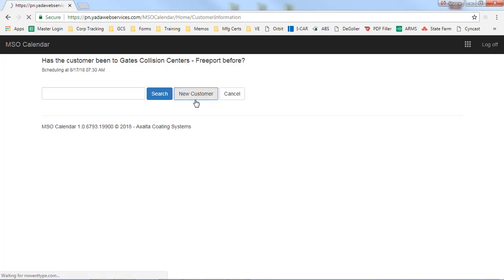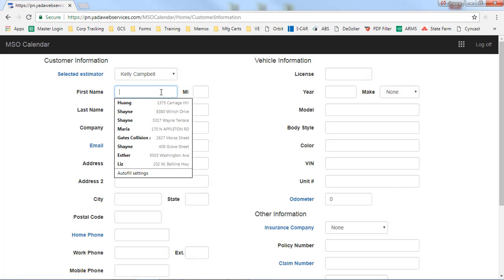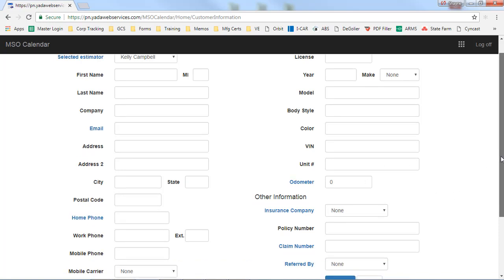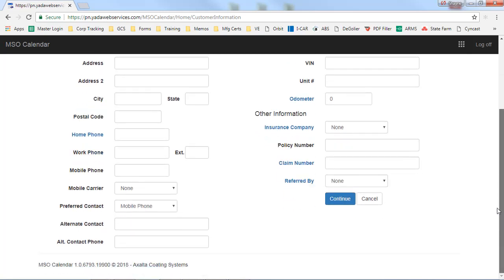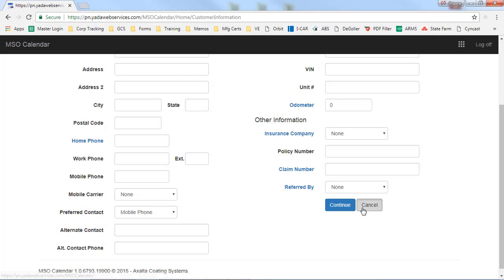And if we wanted to, we could go new customer and create a completely new database for a new customer. Obviously, we'd want to put in as much information as possible to assist the location and provide them as much detail as we can. When we were all done, we would click continue. In this case, we're just going to go ahead and cancel out,